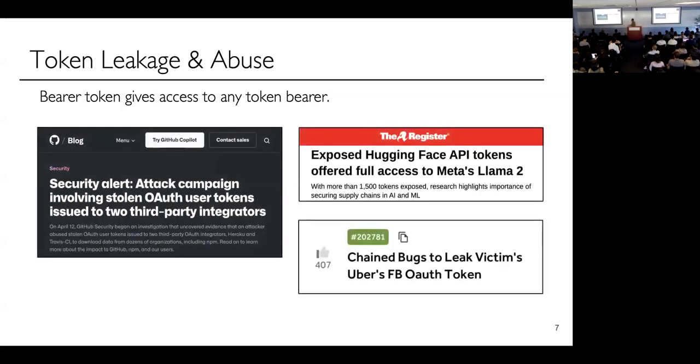And OAuth tokens are just databases of numbers. These are just a few examples of databases of OAuth tokens getting phished or hacked or stolen. And the moment the attacker has the token, they can do whatever they want with that token. They are no longer bound in any way. That token has power over Google Calendar or whatever resource. This is one of the main problems we are trying to address here. How do you minimize this abuse when the leakage is going to come? We're not going to focus on trying to prevent the leakage. That is a very, very hard problem. We're trying to focus on limiting the abuse, for when the token is